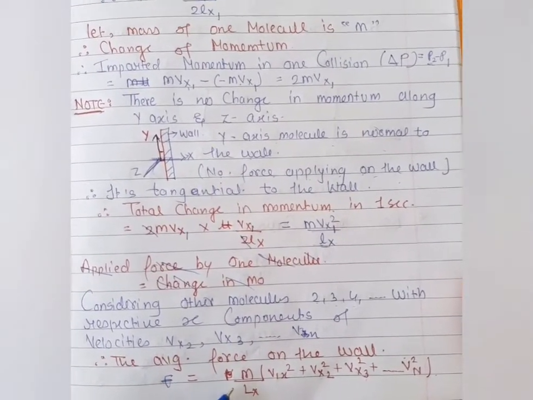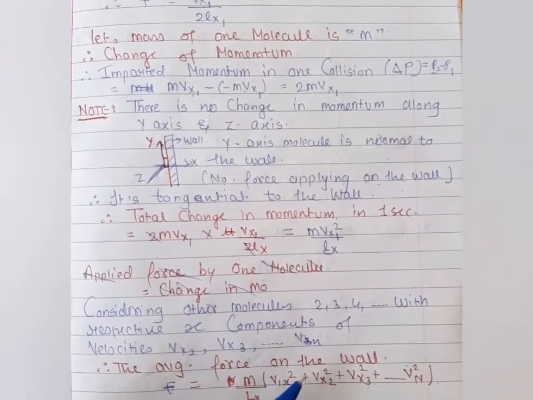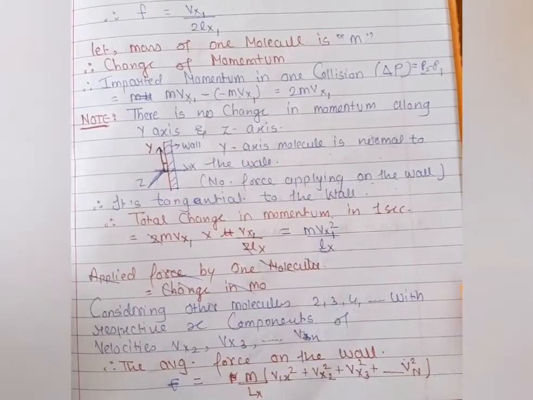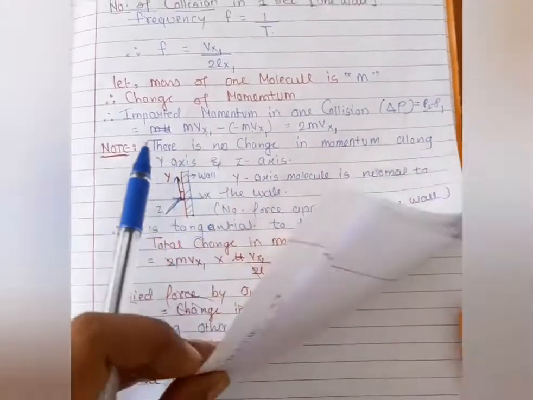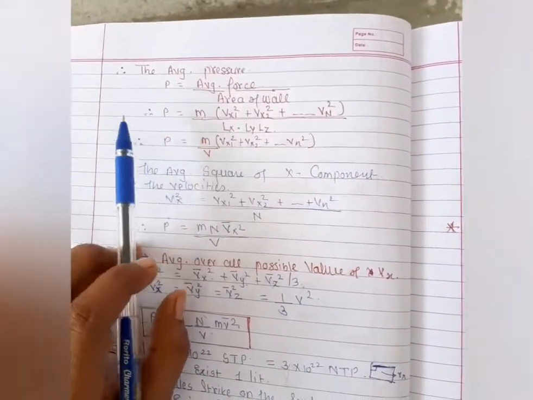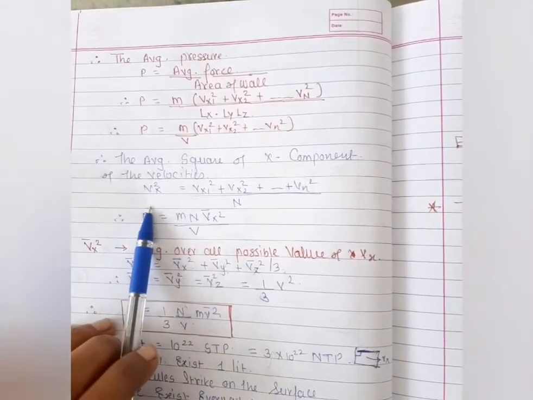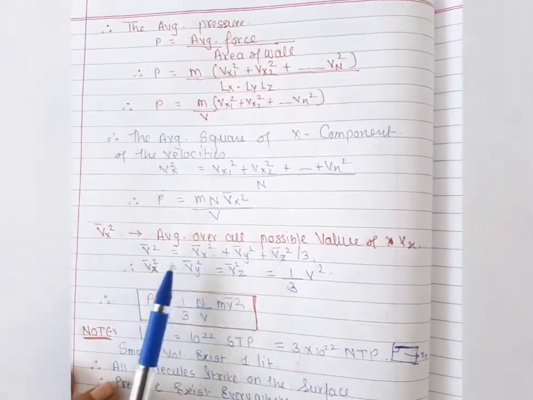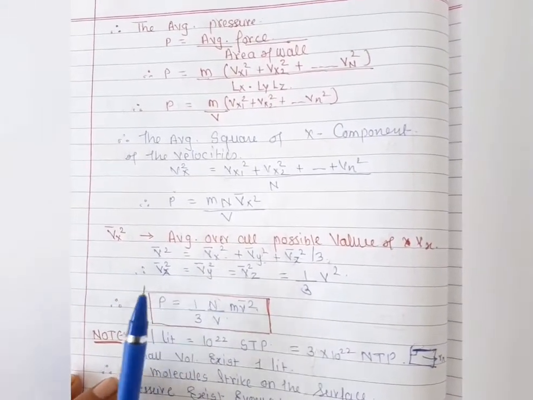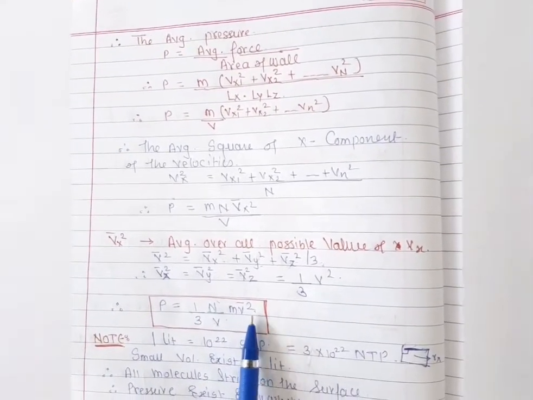All of this is along the x-axis, where we consider n molecules to be present. In this way, students, we had already found the pressure, and with the help of it we find that the average molecule pressure is constant along the x-axis, and in the same way in all three dimensions, while the molecules move in random directions with some speed.